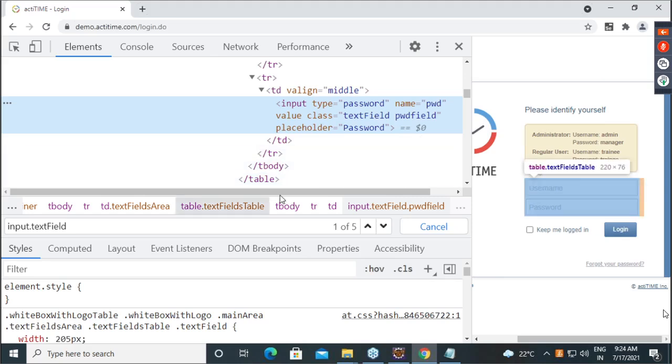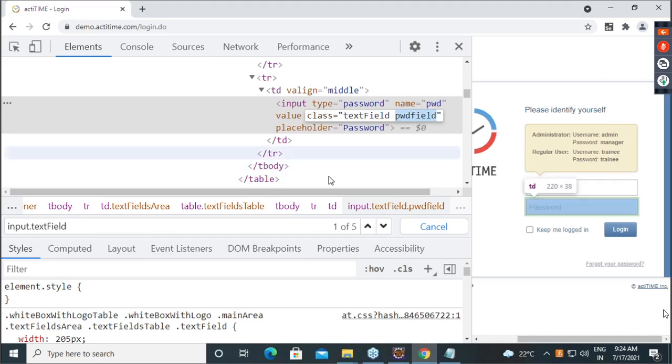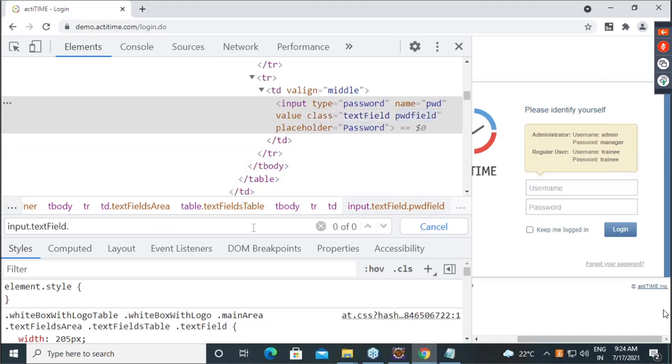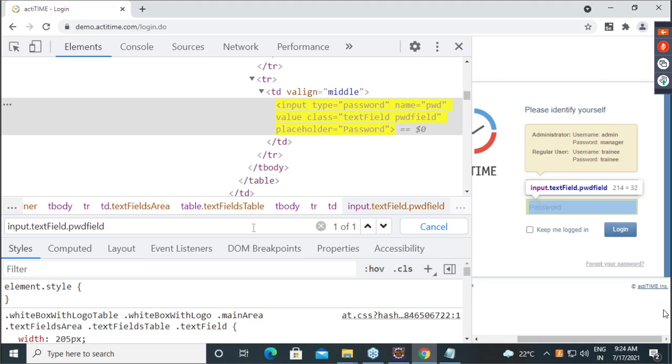Cross check here. What I will give is input. You are finding text field, but with text field, you have to find PWD field. Give one more dot. How many matchings? One of one. Is everyone clear? That means input dot text field dot PWD field.